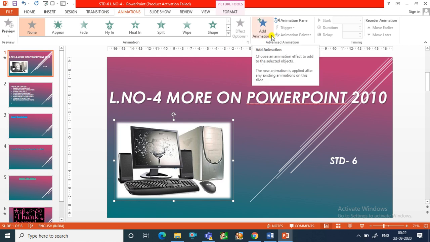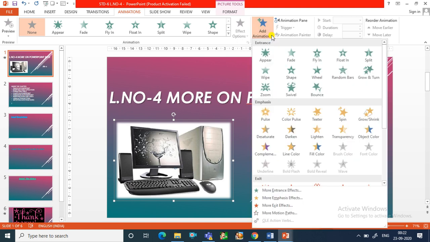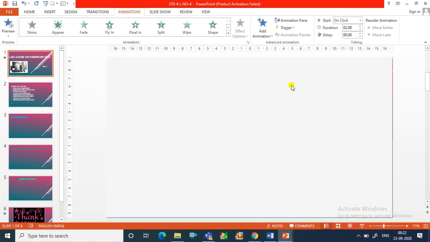Now there are 4 different categories that can be applied to the text or object: entrance, emphasis, exit and motion path. Now what is entrance? This category gives options for text or object to enter the slide. Suppose I want to apply this one.